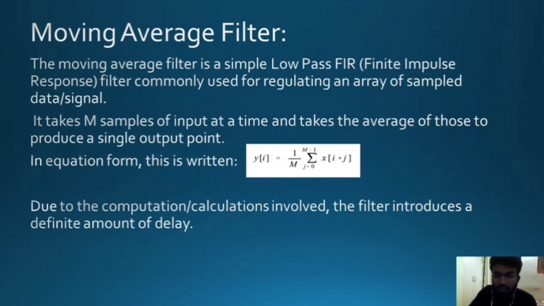The average filter is a low pass filter which is commonly used for smoothing an array of samples, signal or data. It takes m samples of input at a time and takes the average of those to produce a single output point. In equation, this is written as follows. We can see it is there in the slide. And due to the computation and calculations involved, the filter introduces a different amount of delay